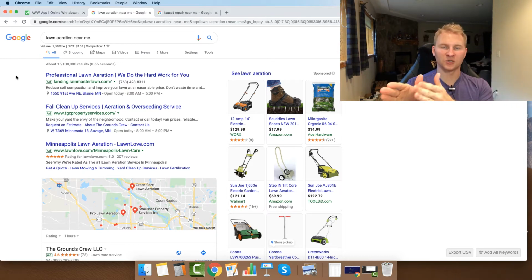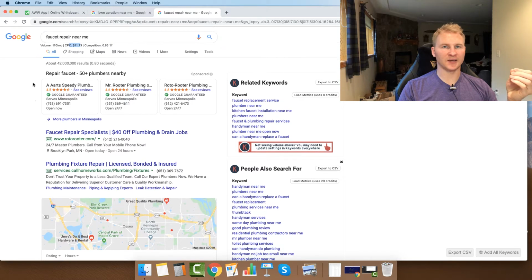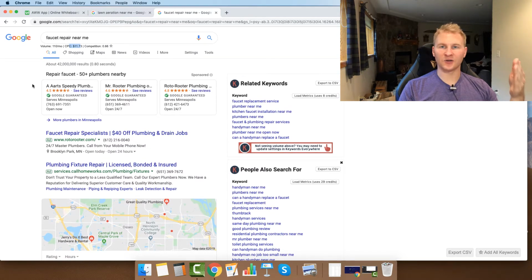We don't have to really worry about trying to sell that person on paying $100 to aerate their lawn in this instance. And if we come over here to another search for faucet repair near me, this one isn't quite as high of a volume, but the CPC is quite a bit higher. But again, it's another search just like that, where if you optimize just your meta title and your meta description,